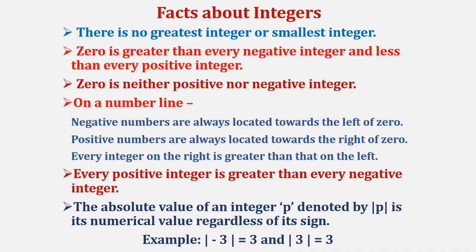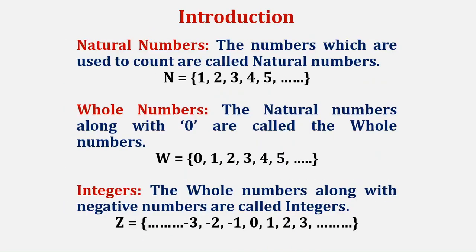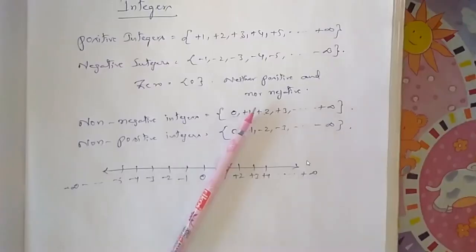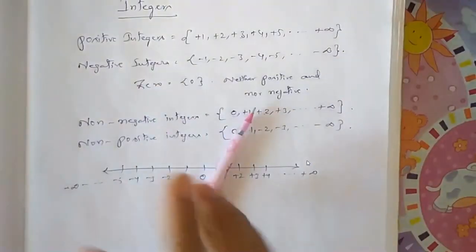But in the natural numbers we can define the smallest number, which is 1, but we cannot define the greatest natural number. In whole numbers we can define the smallest whole number, which is 0, but we cannot define the greatest whole number. In the integers, both smallest and greatest numbers we cannot define. Okay, so next fact is